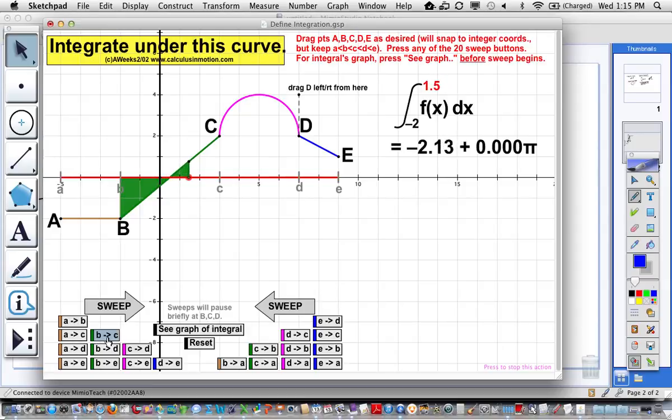-3, or no, -2.5. 0. Because you're taking a negative piece of area plus a positive piece of area, and they're going to cancel each other out, and that's going to be 0. Okay? Now, what if we do the whole